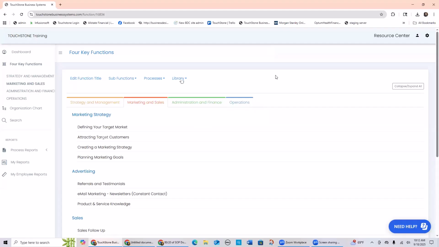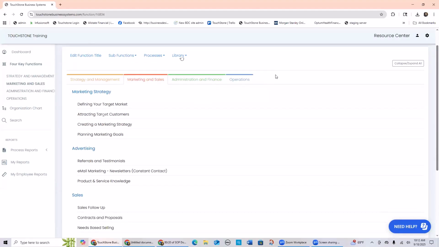I'm saying that specifically because some of you who have had accounts for a long time may have, in the beginning, downloaded a plethora of library processes. People get excited, like, oh, look at all of these, and you want to look at them all. It's totally fine, but it might be time for you to clean those up. Clean up means look at them and ask yourself, defining your target market,